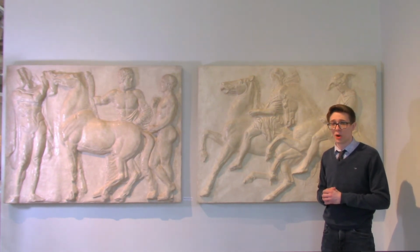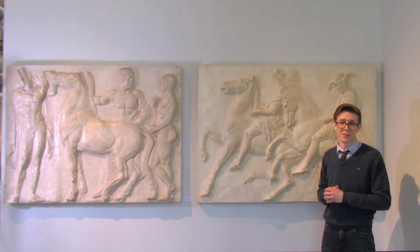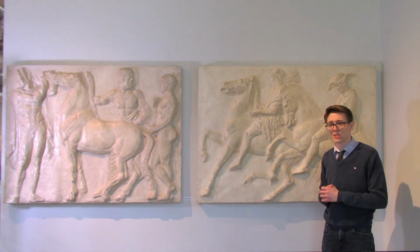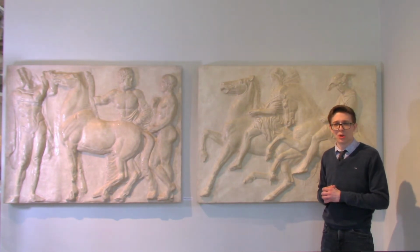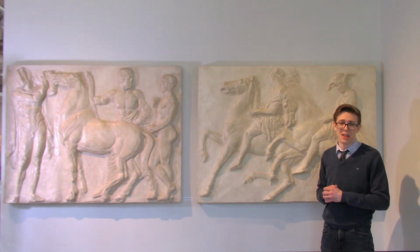Believing he was saving the artifacts from the precarious conditions on the Acropolis at the time, approximately half of the frieze was transported to England, where the marbles are now housed in the British Museum in London. The repatriation of the so-called Elgin marbles back to Greece has been a matter of great debate for decades. No matter their current locations, the portions of the Parthenon frieze that survive have endured continued degradation, even after the